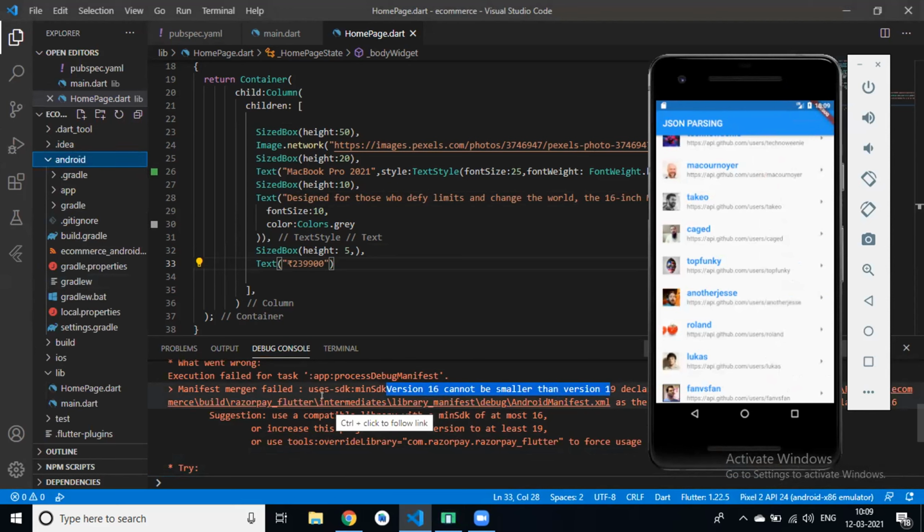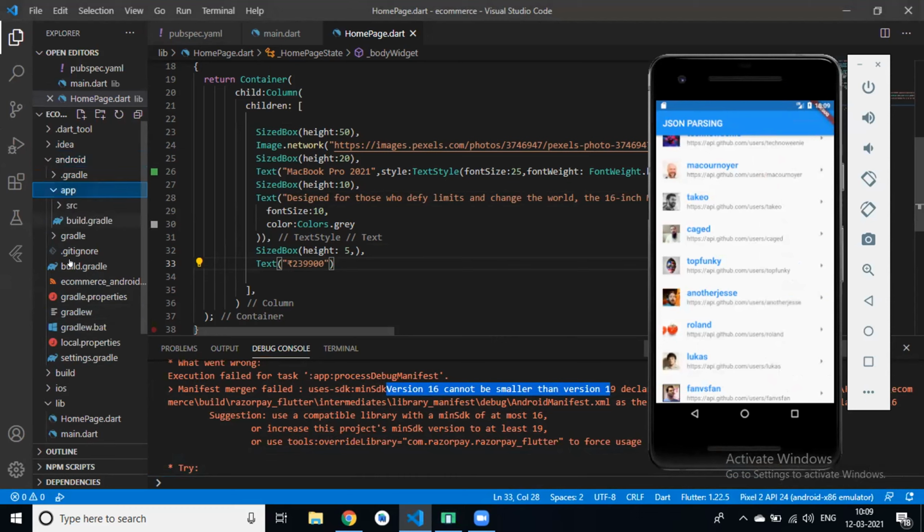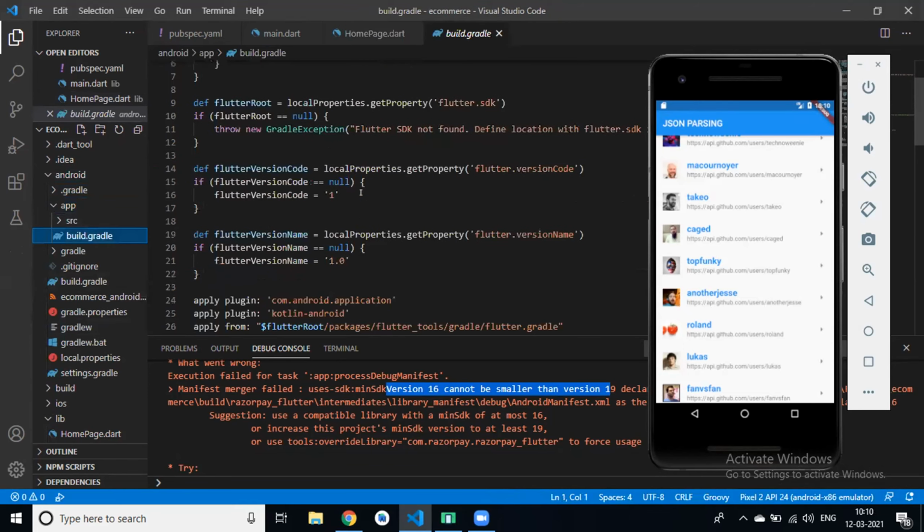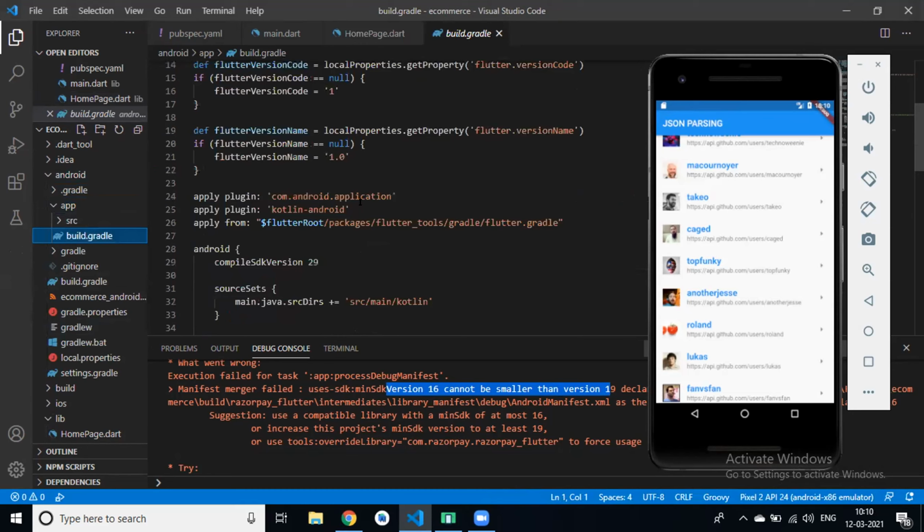If you face the same problem in any application, manifest merger failed, open your app, then the build.gradle file. Not in this one. In the app folder, we have a build.gradle file. In the Android folder, we also have a build.gradle file, but in the app folder, we need to change our minimum SDK version to 19.